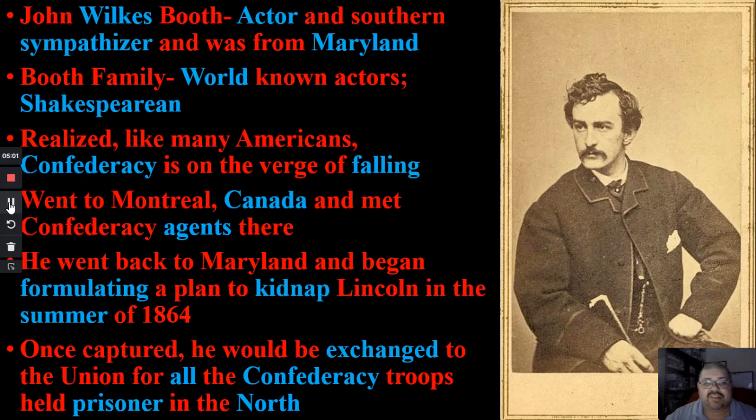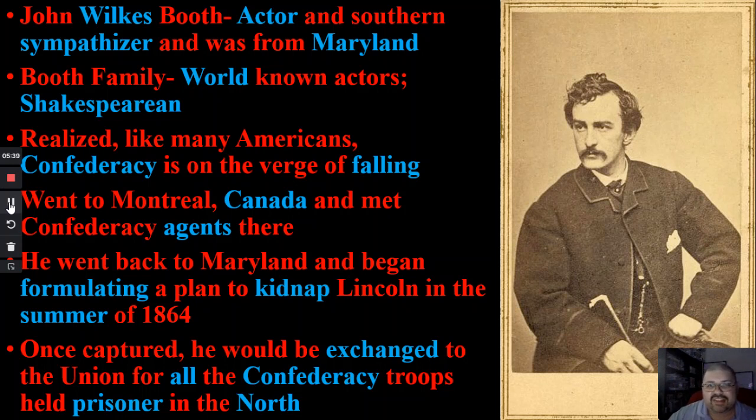And there he meets these Confederate agents, these guys who are trying to help out the South and find people who are willing to help the South. So this is where Booth comes in, and they tell him, "Hey, you know what? You live in Maryland. You're a famous person. You need to do something to help the South, because if you can't, nobody else can." So Booth is like, "Yeah, yeah, I need to do something. I really do need to do something." So when he goes back to Maryland, he formulates a plan to kidnap Abraham Lincoln.